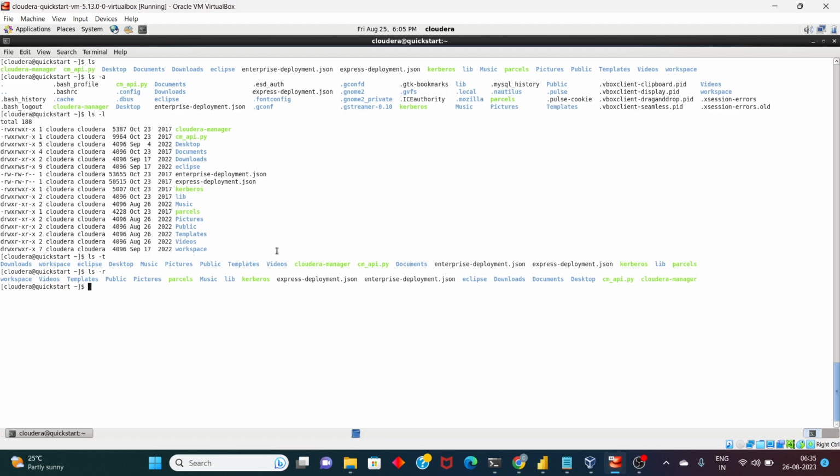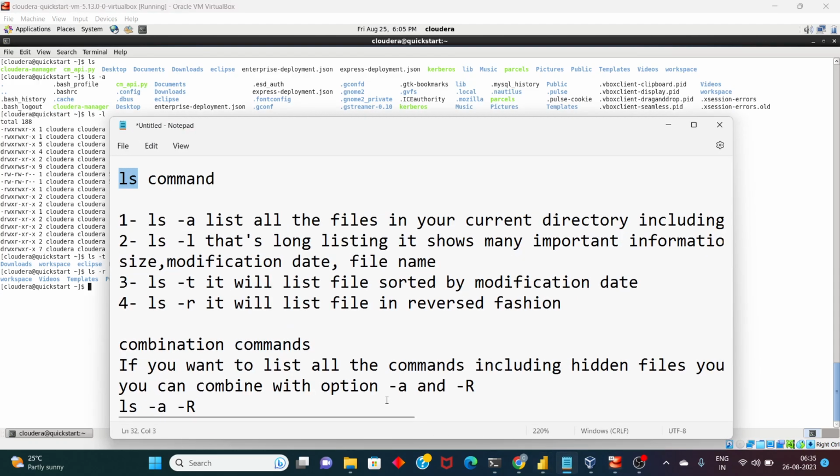You can check here, it starts from downloads, but this one starts from workspace, and downloads are here. Like this gives reverse order of modification date. So yeah,